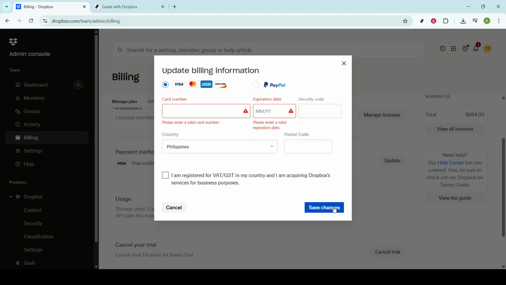Lastly, after verifying your new information, click on the Save Changes button to finalize everything. Dropbox will update your payment method, ensuring that the new details are on file for future use. And there you have it. You've successfully updated your Dropbox payment method, keeping your payment information